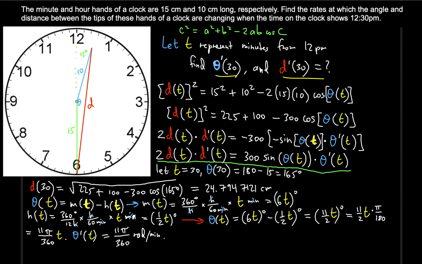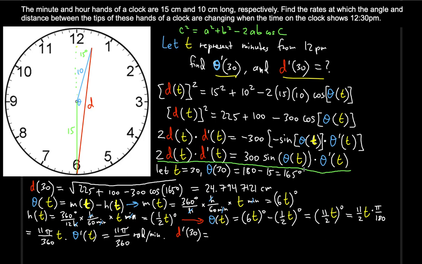And notice that what we found just now answers the first part of the question, because we found the rate at which the angle between the hands of a clock is changing. So that's one part. Now the second part is to just find the d prime of t, which is the distance between the tips of these hands of a clock. So if we rewrite this and solve for d prime of t, and let's already plug in d prime of 30 because that's what we need. So we're going to do d prime of 30